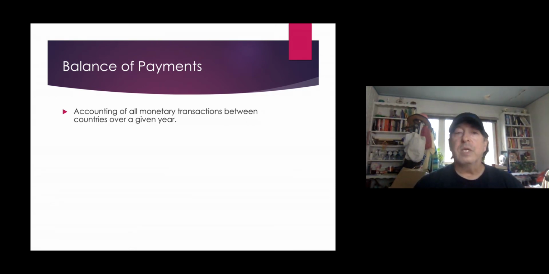And so you basically go through a process of toting up all of those debits and credits for the year, and at the end those debits and credits should basically even out. They should balance. That's called the balance of payments. Now, what's interesting about the balance of payments is not the overall balance, but the sub areas within it.